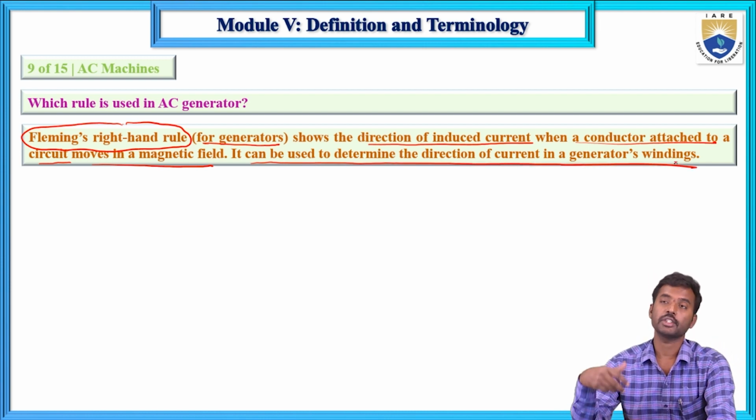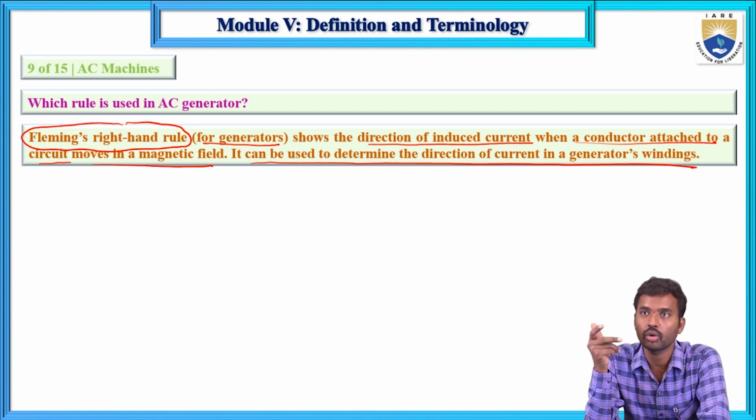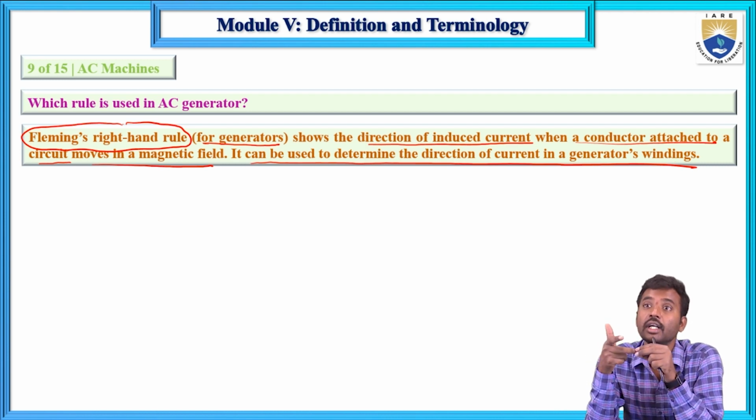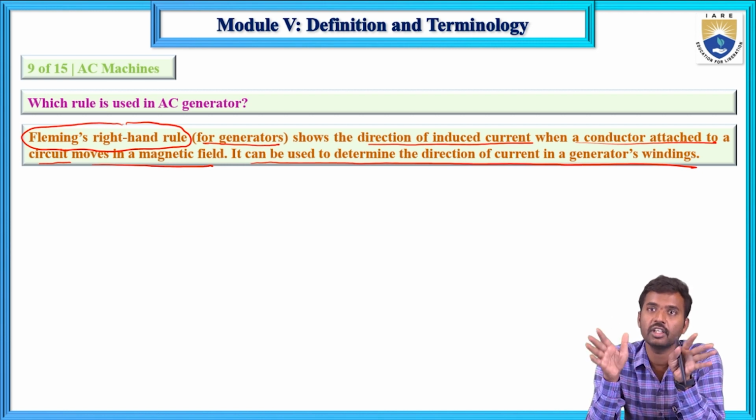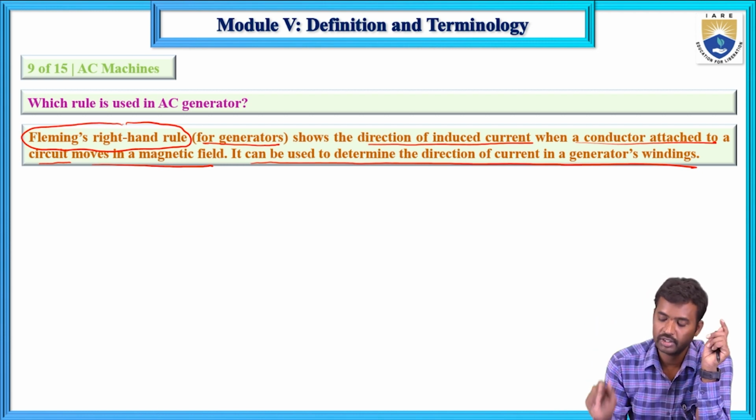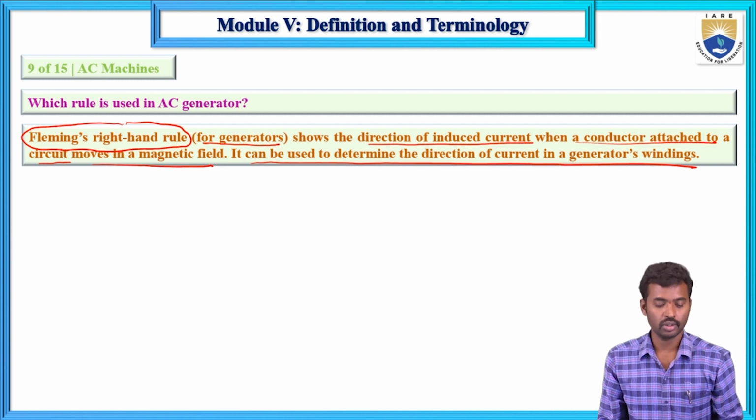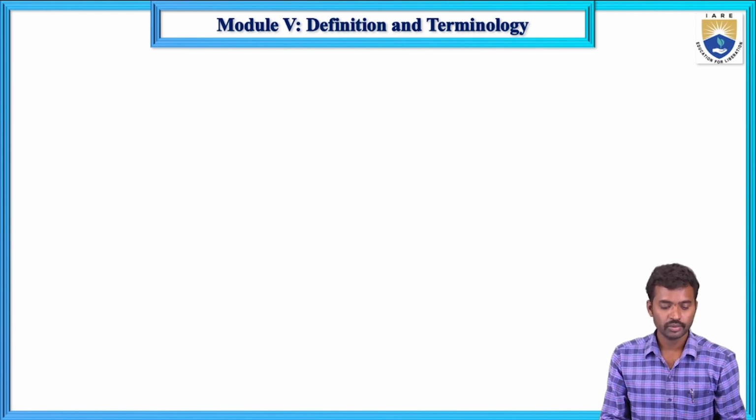The main purpose of Fleming's right hand rule is to determine the direction of current in the armature winding of the AC generator. The main purpose is to determine the current direction only. So the middle finger direction is the current direction. You need to keep that in mind. Next,